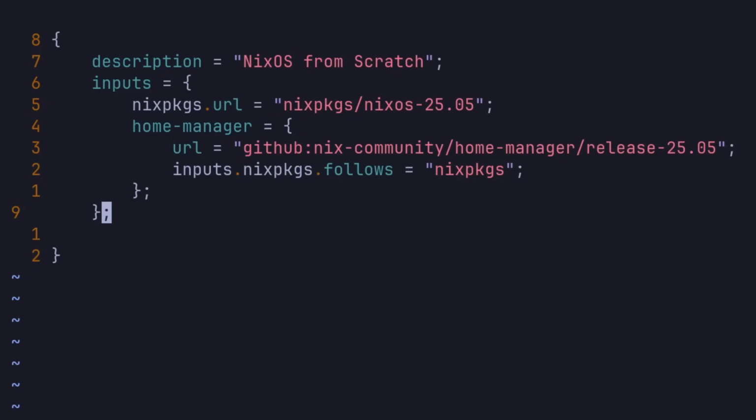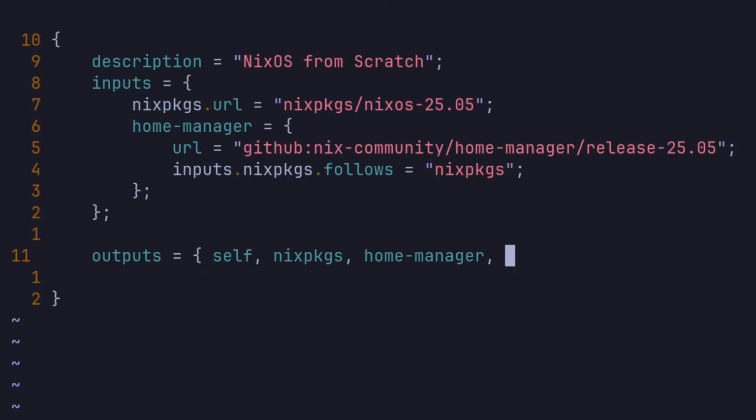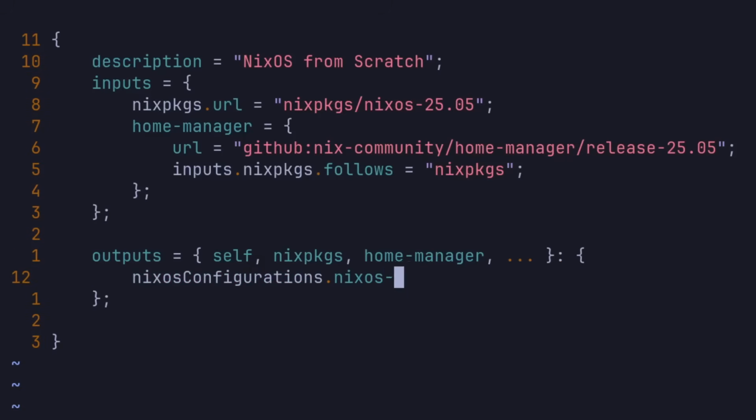Alright, that's good for the inputs, so let's go ahead and define the outputs. And the arguments we'll be passing in are going to be self, nixpkgs, home-manager, and ... just in case we have any later. So we're going to set nixosConfigurations.nixos by the way, and that's going to be the name of your hostname. This is just going to define our ecosystem for this hostname in particular. And we'll set that equal to